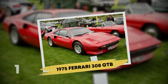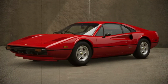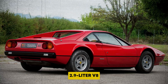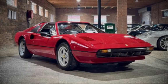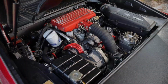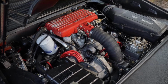Number 1. 1975 Ferrari 308 GTB. Closing out our list is another Ferrari, the 1975 Ferrari 308 GTB. Designed by Pininfarina and powered by a 2.9-liter V8, this car was all about balance and style. The 308 GTB was the first Ferrari to feature a fiberglass body before switching to steel, making the early versions especially rare. Producing around 255 horsepower, this mid-engine sports car became an instant classic, offering both thrilling performance and timeless